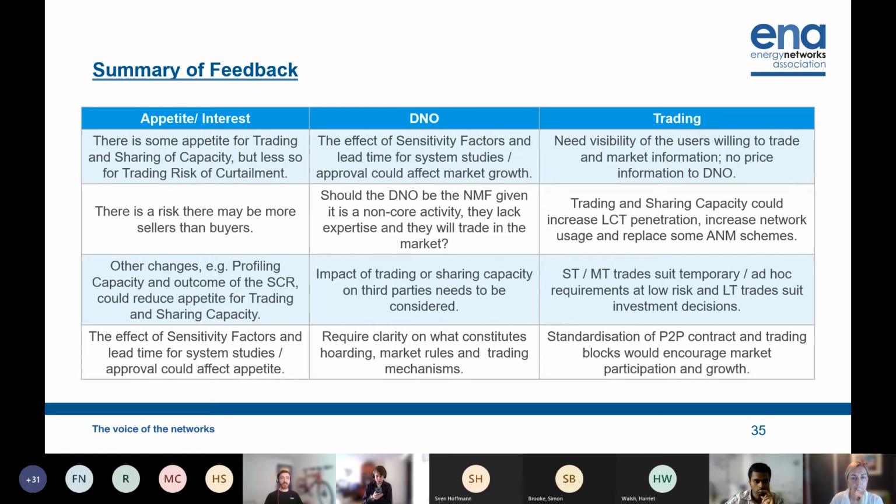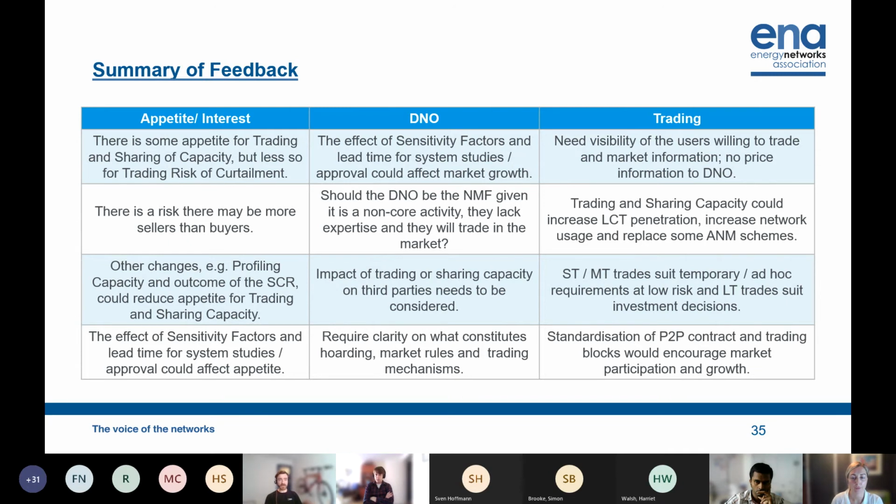Also, just a note there to say that you need to keep in mind other industry work, regulations and standards that might affect the attractiveness of trading and sharing capacity. And there was quite a bit of discussion around sensitivity factors, and by that I mean that generators or demand of different types connected at different distances to the substation will have different effects on the power flow, and these are often at the moment more of a rule of thumb and take some lengthy system studies. And then obviously the long lead time for system studies to confirm the trade is a major factor, and I think at the moment it's currently quite a resource intensive task, and that the timing is about 65 business days, which would definitely slow any future markets.